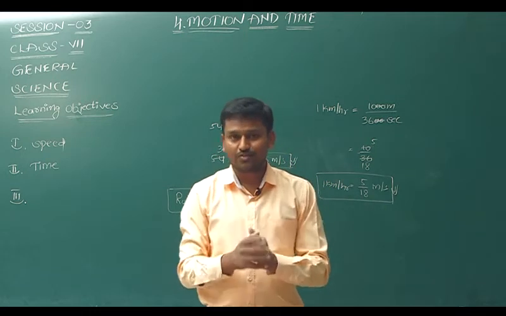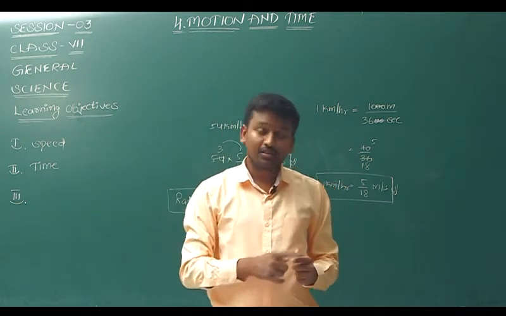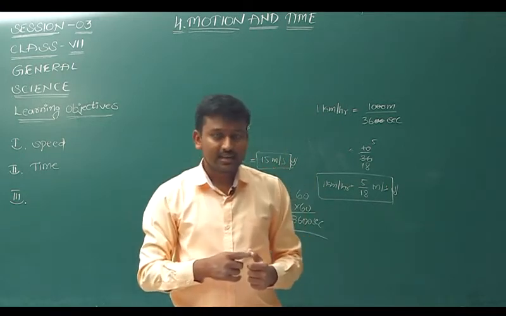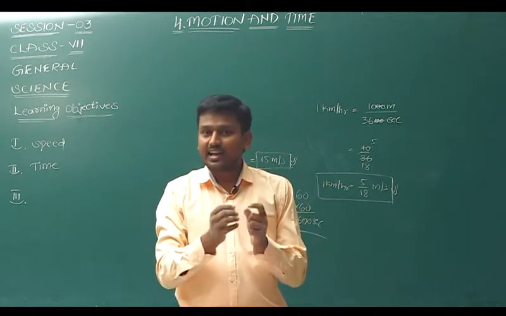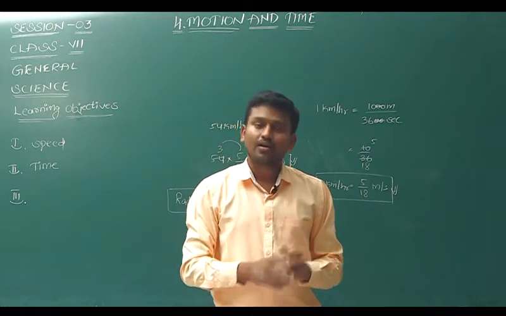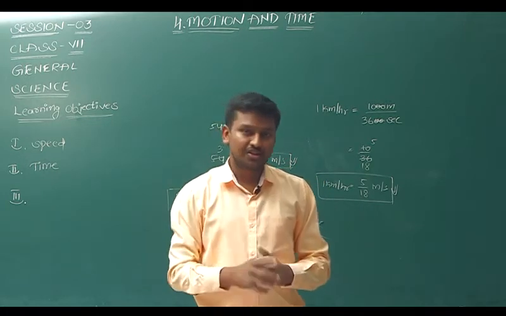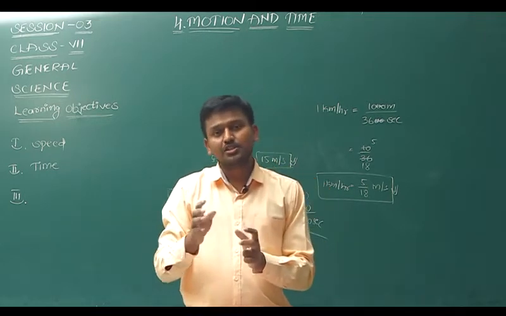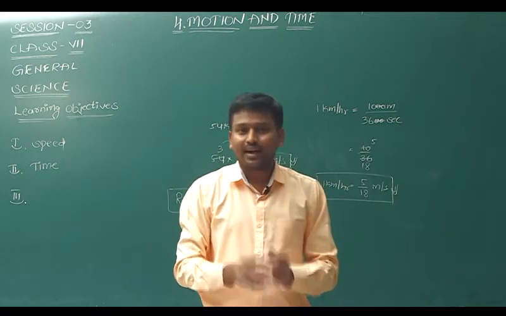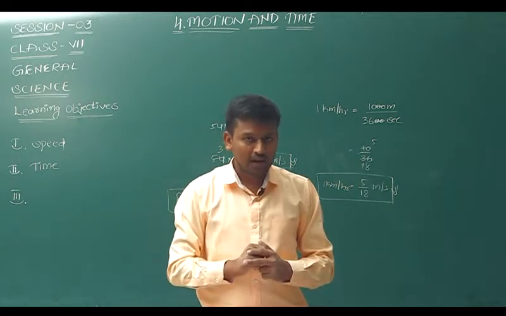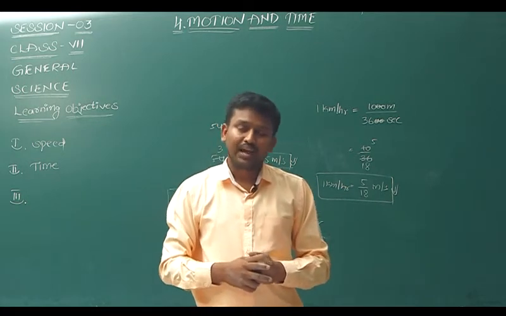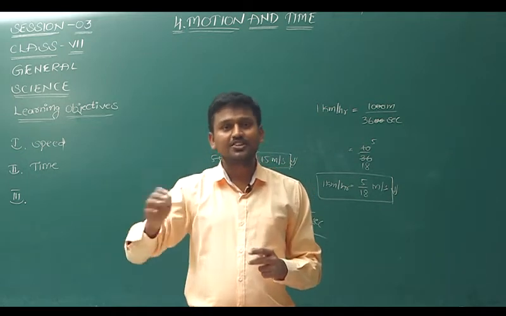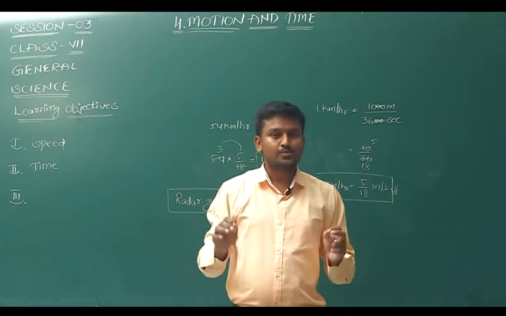So let's take some units of time. For example, we can measure the time in seconds, minutes, hours, day, week, month, year, and 10 years is called 1 decade. 100 years is called 1 century, and 1000 years is called 1 millennium, and 1 millennium is equal to 10 centuries, and fortnight means 15 days. Okay? So these are some units of time, and even season and ayanam are also used to measure time on a religious basis. So we have seen speed and time.